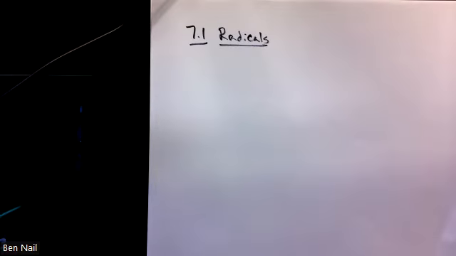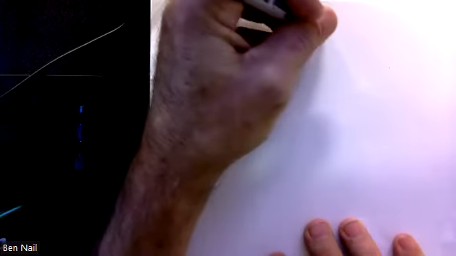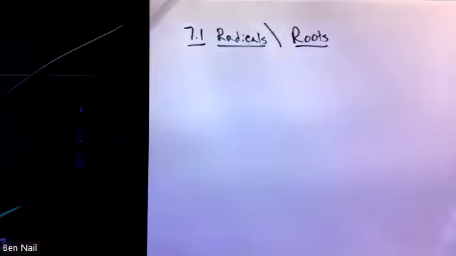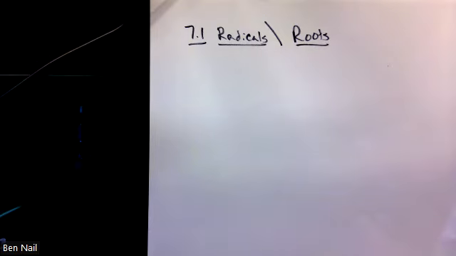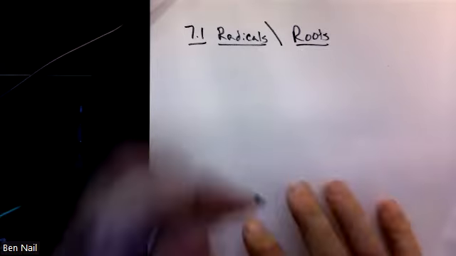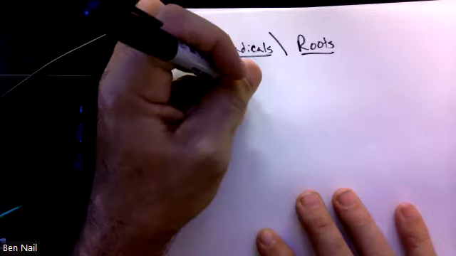So 7.1 is all, in fact, chapter 7 is all about radicals. Another name for radicals is roots, okay? And radicals are the inverse operation of exponents, okay? In math, you have inverse operations. The opposite of adding is to subtract. The opposite of multiplying is to divide. The opposite of exponents